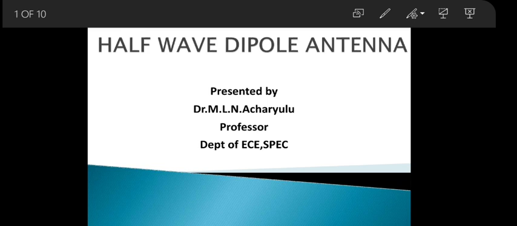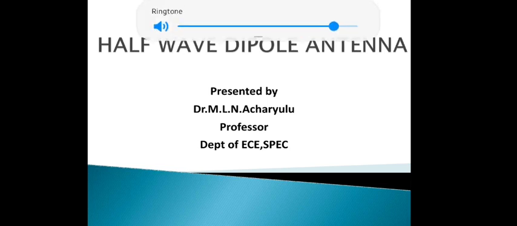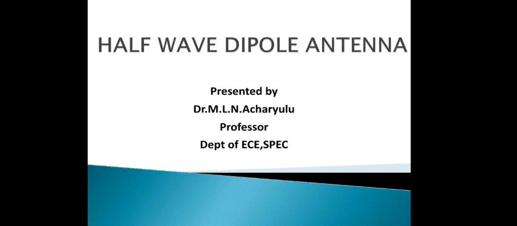Generally, this is the normal dipole antenna, and the frequency range in which the half-wave dipole is operated is from 3 kilohertz to 300 gigahertz. This is the frequency range generally used in radio receivers. We generally call it a lambda by 2 antenna, and it requires increasing the input impedance by using a folded dipole at the feed points. Then it gives excellent radiation patterns.